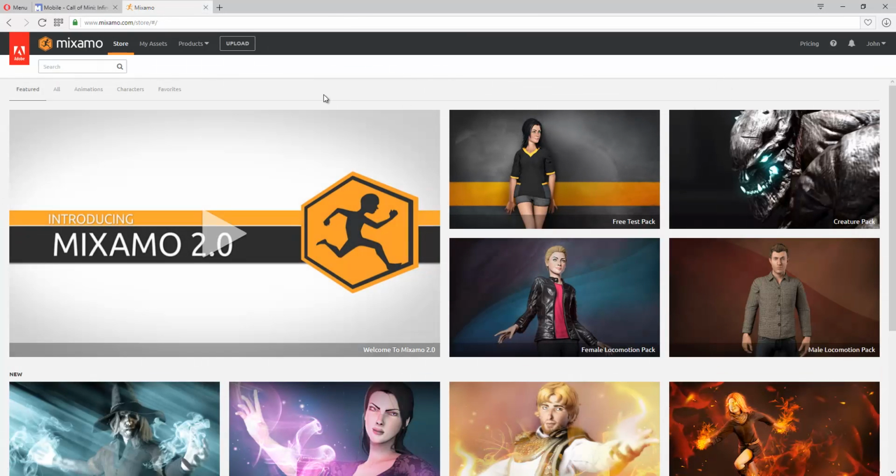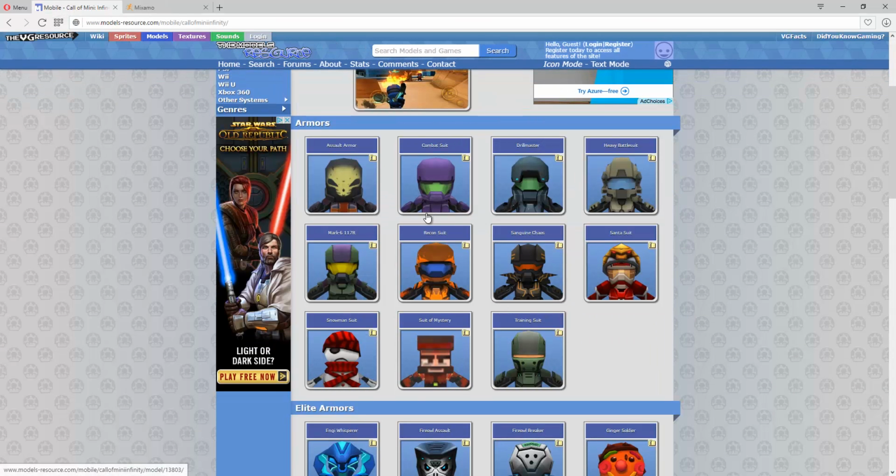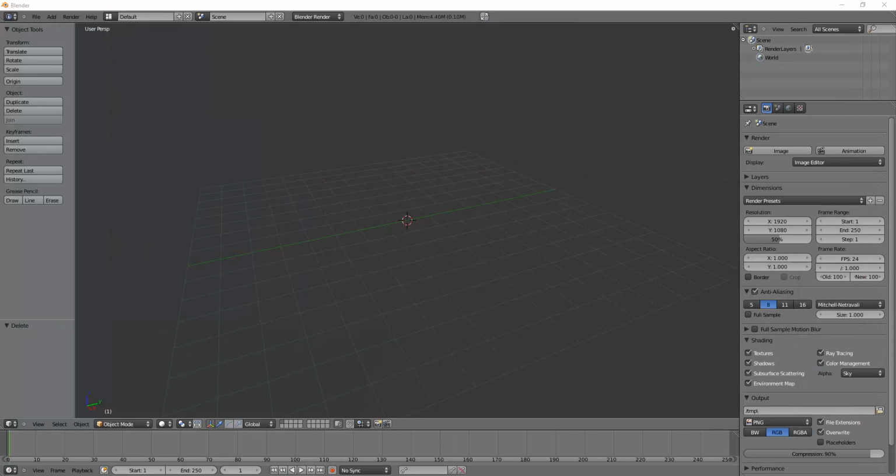All you need to do is have an Adobe account, which is free. Use that to log into Mixamo, and you're good as gold. So we're going to pick out a couple of these guys, download them, load them into Blender 3D, and then we're going to fix them up so we can use them for the rigging process, and then import them into another little bit of software, but that's for the part 2 video. So I'm going to download these, and we're going to get to Blender. See you in a bit.